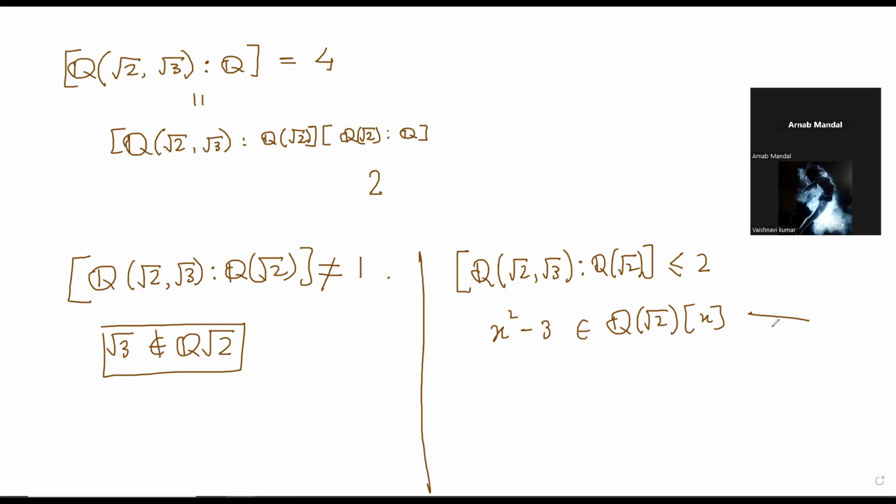So yeah, that's okay. But if you want to show it, you just prove this. Then that implies this, because irreducible is the same thing as whether the roots are in the field or not, because it's a quadratic, right? So just show that. And if you don't want to be more fancy, maybe